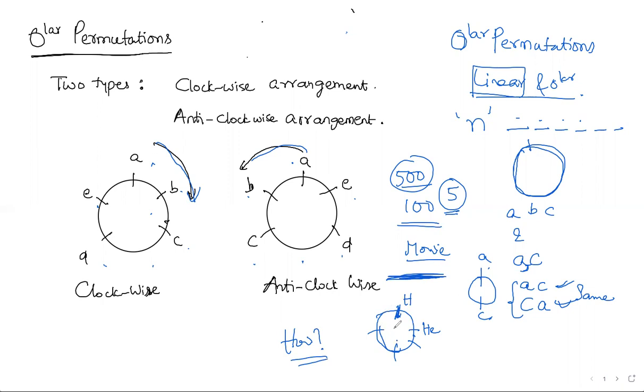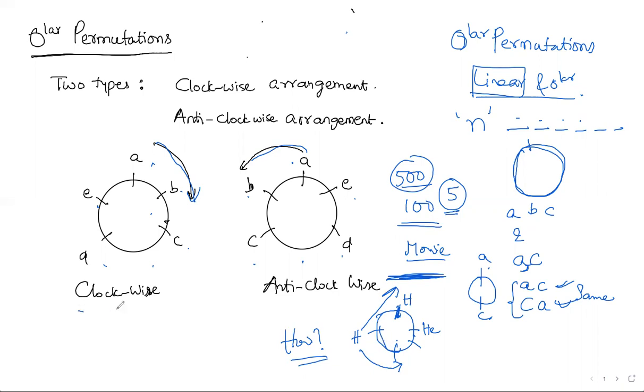What the cast has requested is that the hero should be placed facing the stage and the other cast members can be seated anywhere. These kinds of conditions are to be considered when we are doing a seating arrangement. So this is how we should proceed in circular arrangement, and we have to see in which direction or in which order all the participants are seated. This is basically about circular permutation.